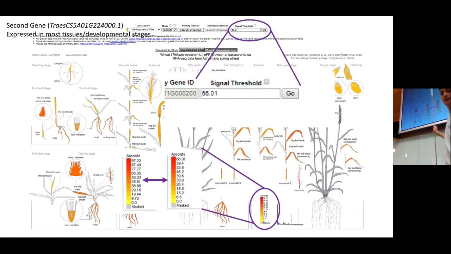What you can do to correct this is use the signal threshold option right at the top. And by altering this for both of them, you're able to see the red being the same for both, and so making a bit more comparisons. Alternatively,